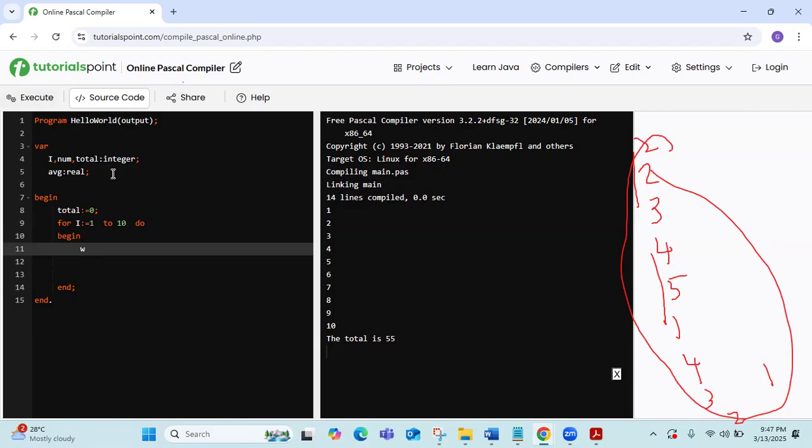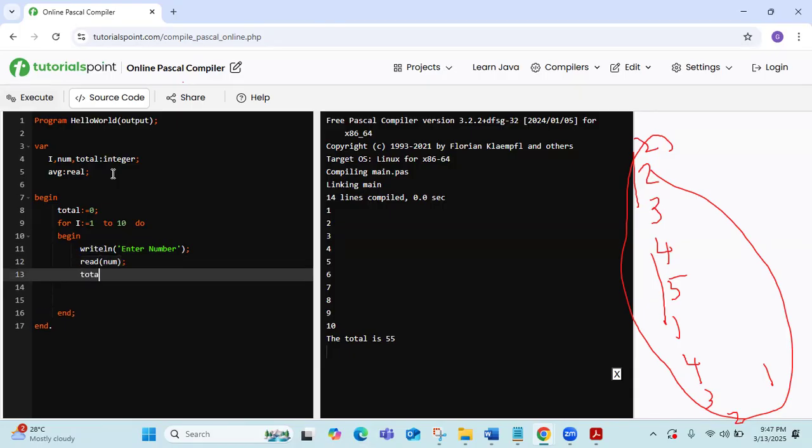Writeln. Readln. So you can say read number. Say total is equal to